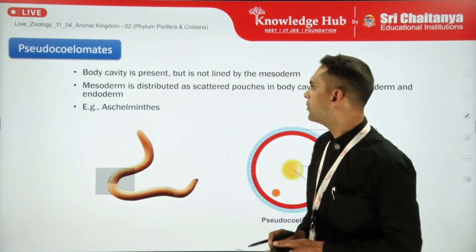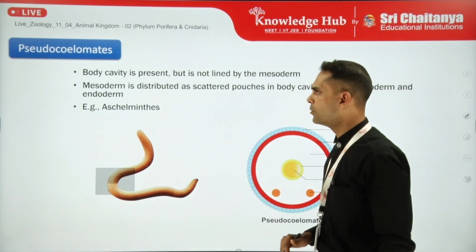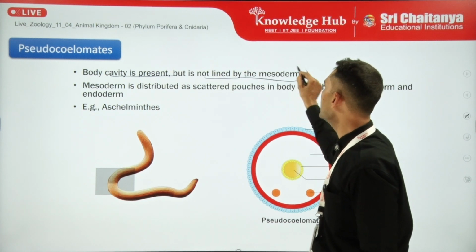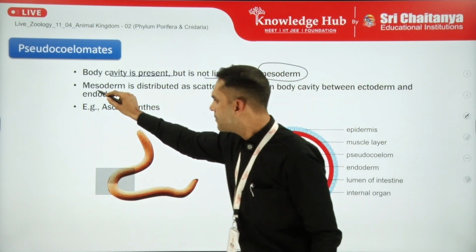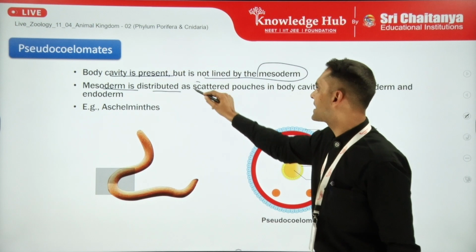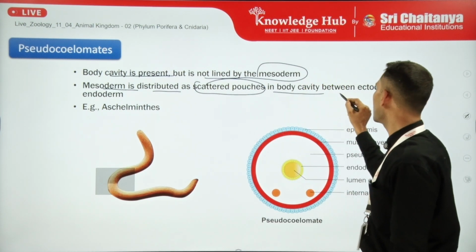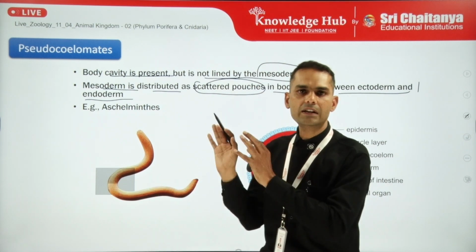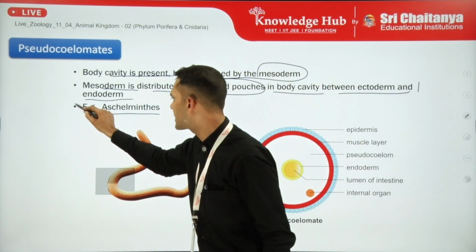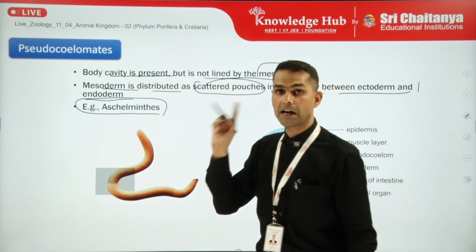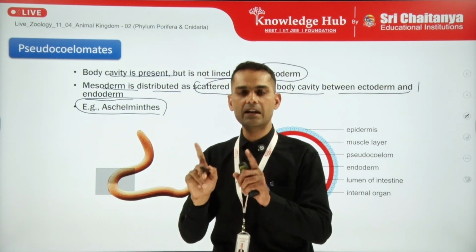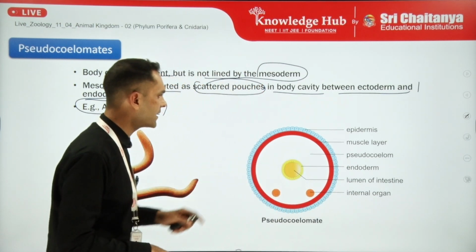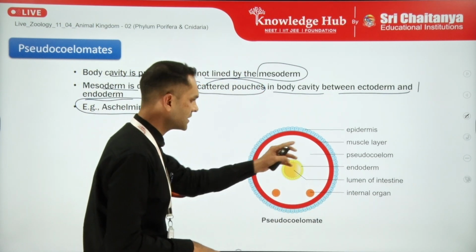Okay. Now, talking about the pseudocoelomates, body cavity is although present, but it is not lined by the mesoderm. Instead, mesoderm is distributed as scattered pouches in the body cavity between ectoderm and endoderm, and it is having only a single phylum, that is Aschelminthes, similar to the Platyhelminthes, which is the exceptional and the only phylum example in the triploblastic acoelomate category. Here we can see the diagram that the epidermis is there, muscle layer is there, which